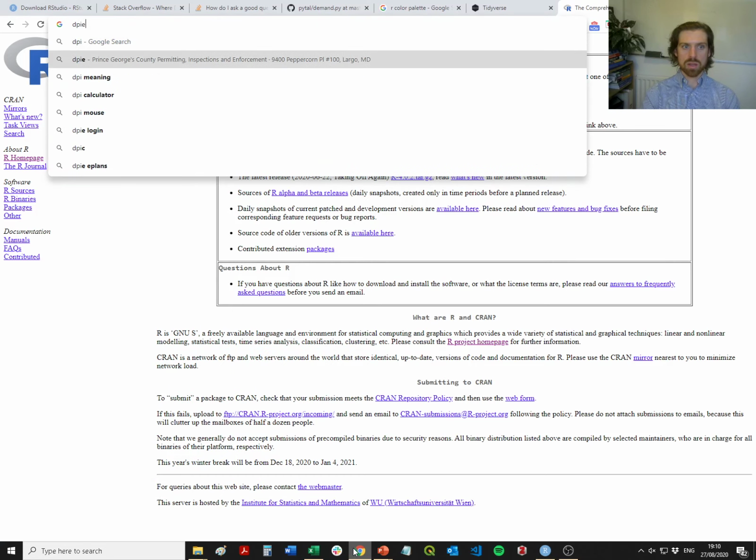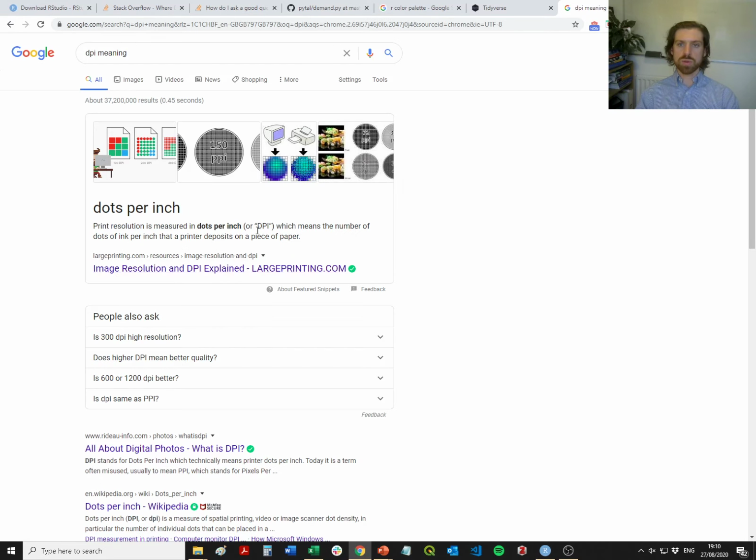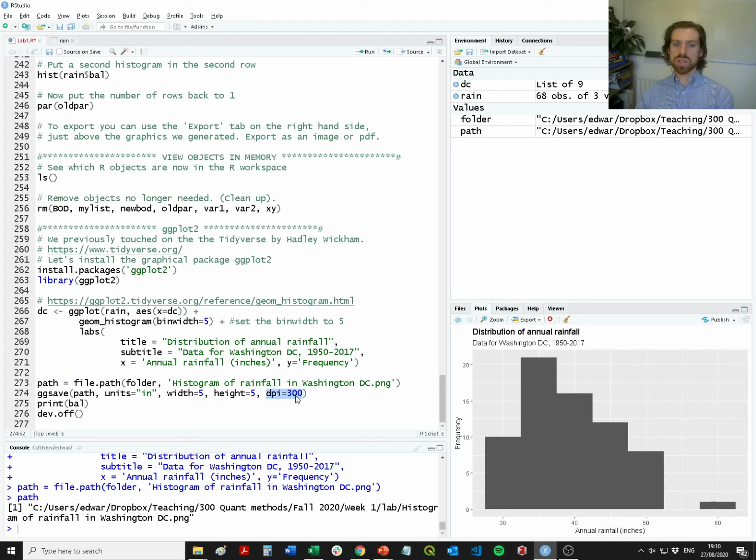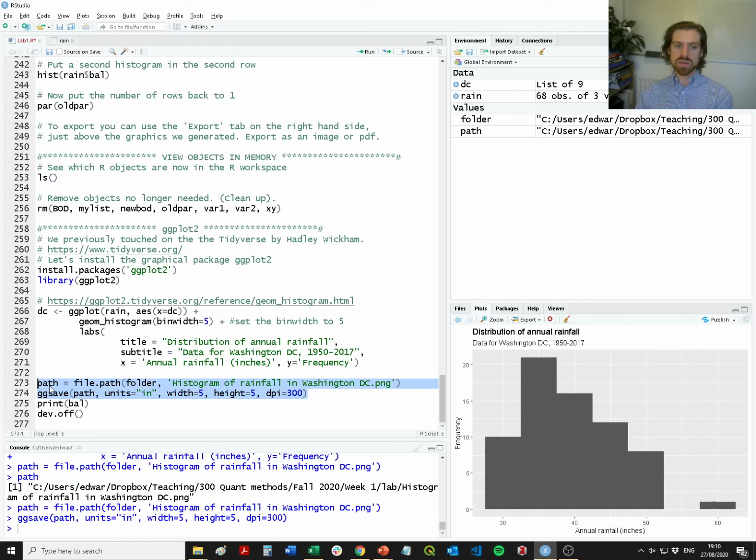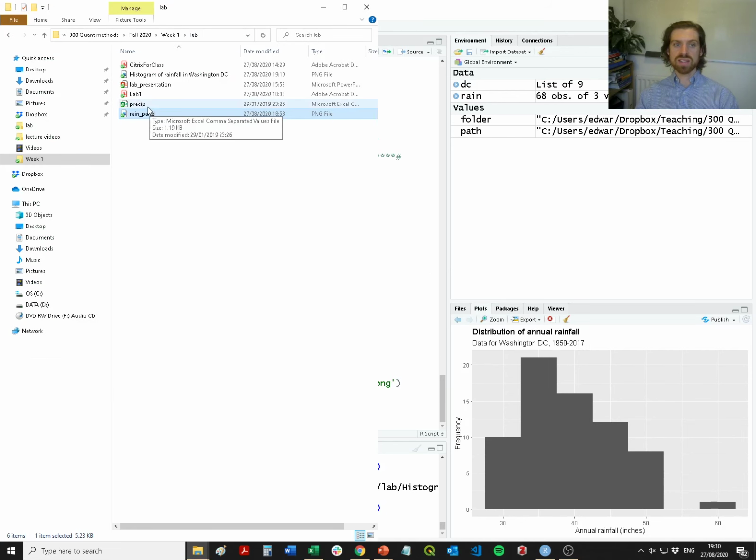Let's look at that. Dots per inch. That makes sense. So specify the number of dots per inch. So 600 DPI would be a lot higher, twice as high resolution as the 300 dots per inch here. So once we execute this, it sets up the file path, it sets up the image that we want to create, and at the moment that's created